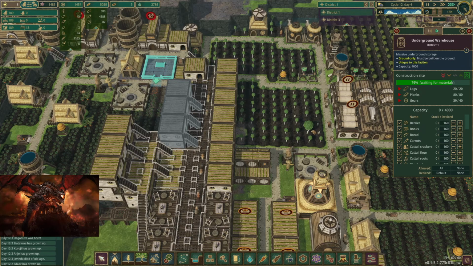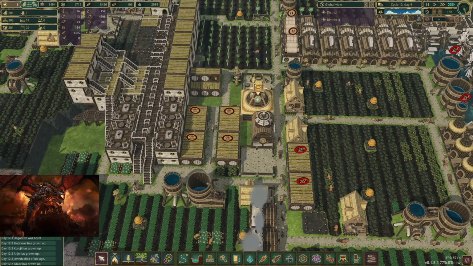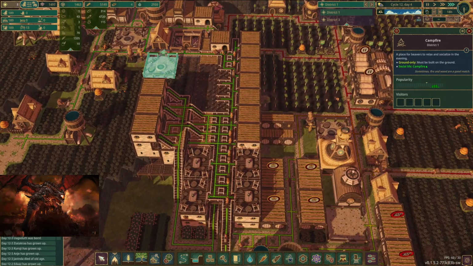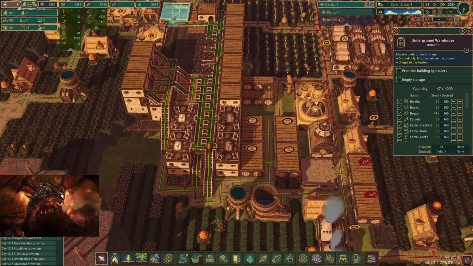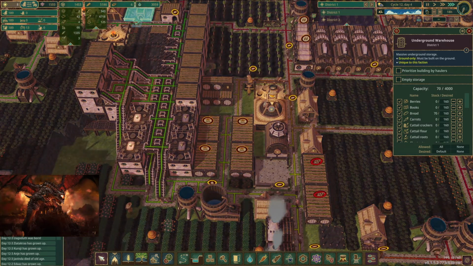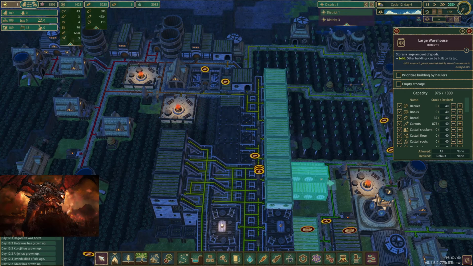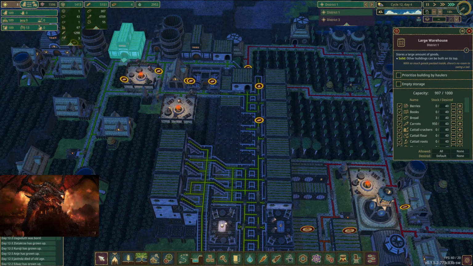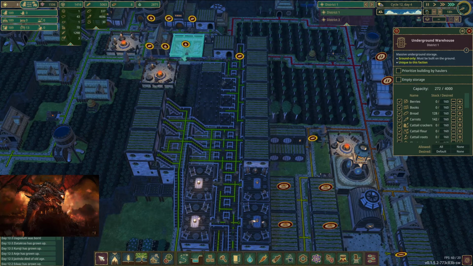One more. Boom. Underground warehouse done. That'll mean that these can get unloaded into them. And we can watch that fill up quite quickly as it comes out of here. So 1,000, so that's 4,000. We do have these two 1,000s. But as we increase the size, we are going to be looking at...